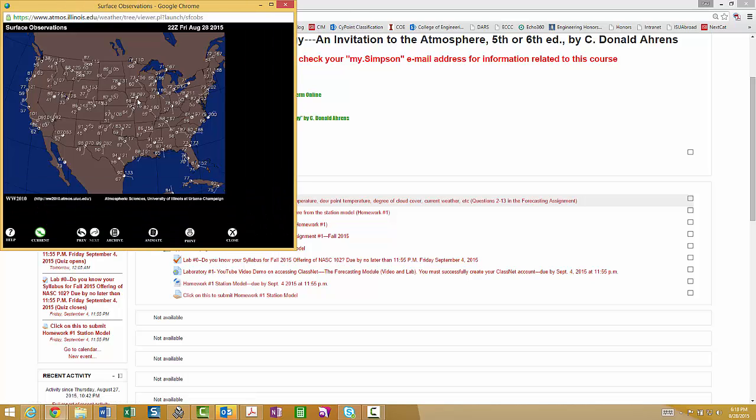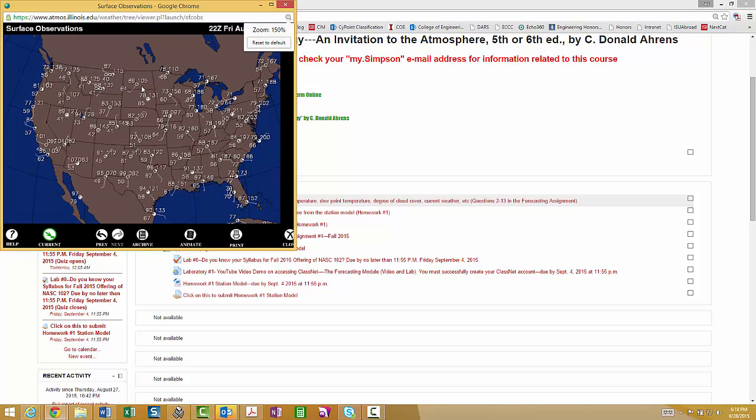you see a map of the U.S. Let me see if I can make this a little bit larger. And you'll notice these circles with lines coming out of them, and you'll also notice there's information at each of these stations. So this particular one here is Minneapolis-St.